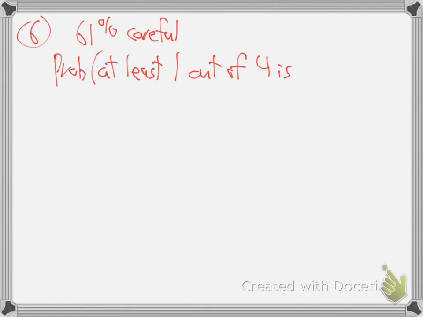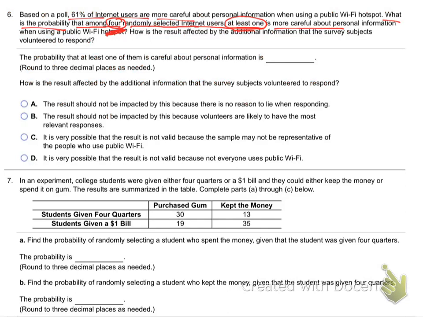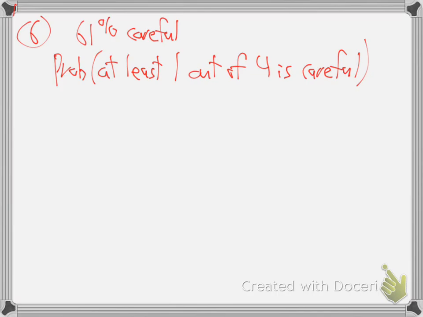Isn't that what they want? Didn't they say at least 1 is careful? I believe. Let me go back to it. At least 1 is more careful, yeah. Right, so there's their question, summarizing. 61% of people are careful. So if you grab 4 people at random, what's the probability at least 1 out of those 4 will be more careful? It's like saying the chance of having a boy is 61%, and you're going to have 4 kids. What's the chance at least 1 is a boy? Same kind of question. Same formula. Crank it out. Just be clear what the not is. It's always not what they're saying. They're saying careful. So it'd be not careful.